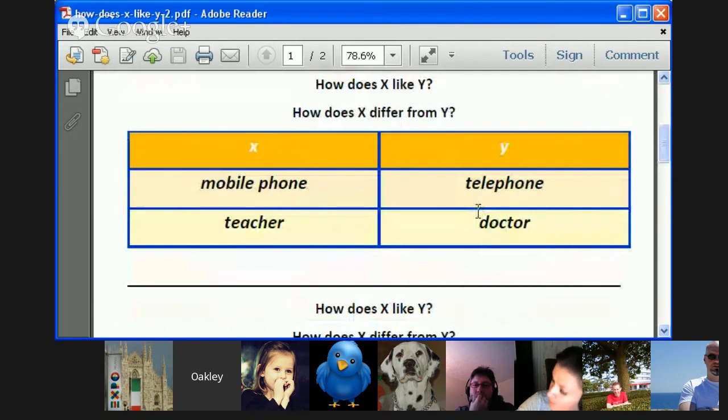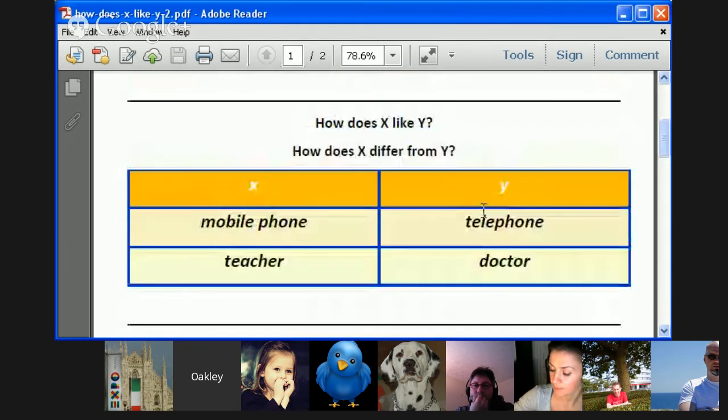Okay, anyway, let's move on. Mobile phone and a telephone. All right. Let's see if you can do both. I'm going to take it all the way back to Salvatore. I'll let you choose. This time you can tell me how they're the same, how they're different, or both. Both is better, if you're up for it. They are both